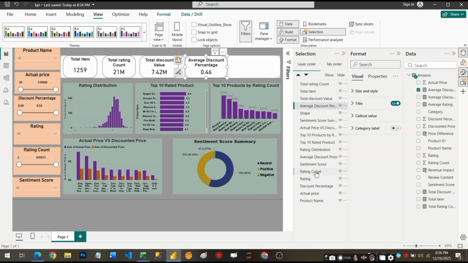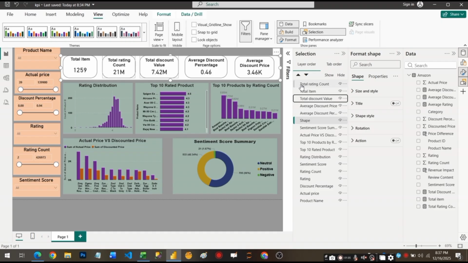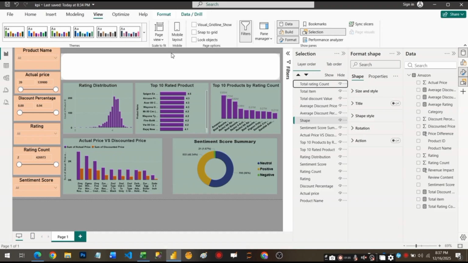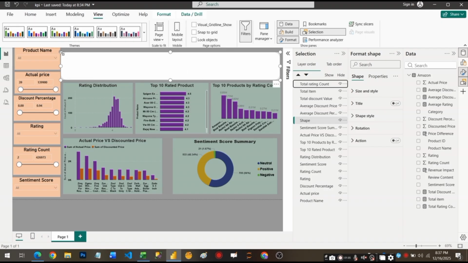After that, I fine-tuned the spacing between the KPIs and the edges of the shape. This padding helps prevent the layout from feeling crowded and keeps everything visually balanced. The KPIs remain visible, clear and well positioned on top of the shape, reinforcing the dashboard hierarchy. Adding a shape behind the KPIs is a simple design technique, but it significantly improves clarity and the overall professionalism